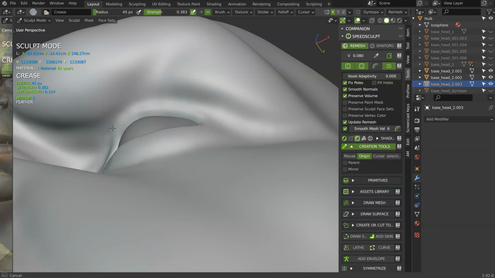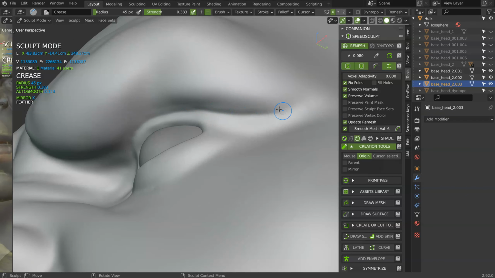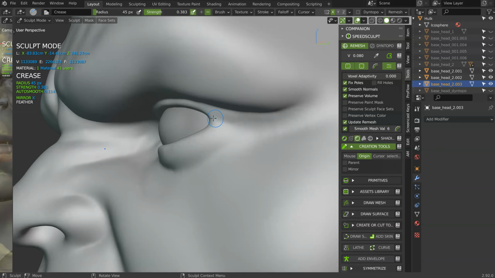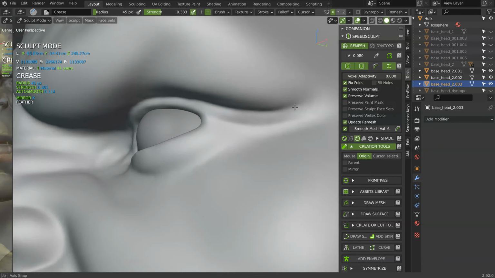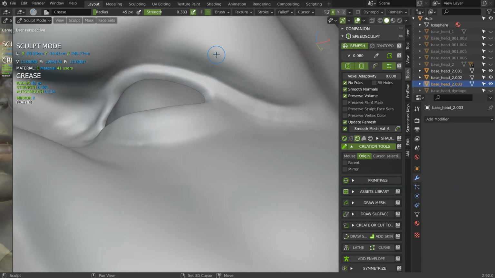Continue to edit your model. And the interesting thing with remesh is that if you add some details, you will be able to keep them when you make a remesh.